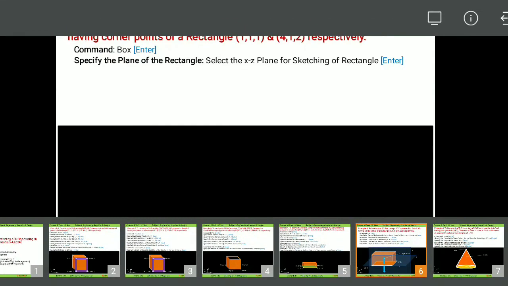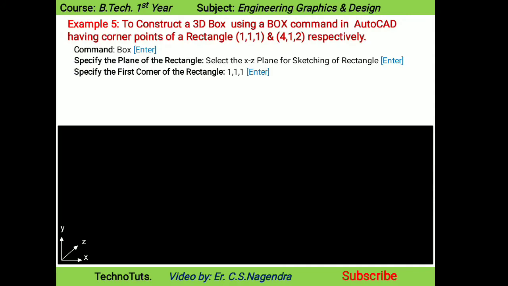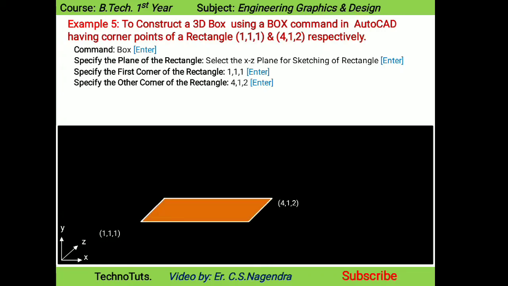Now the computer will ask you to specify the first corner of the rectangle. So type the coordinates of the first corner of the rectangle, 1, 1, press enter key. You may see point number P1 will be visible on the screen. Now the computer will ask you to specify the other corner of the rectangle. Type there 4, 1, 2 and press enter key. You will see the other coordinate will also be visible on the screen. After pressing the enter key, you will see a rectangle gets constructed in the XZ plane having corners 1, 1 and